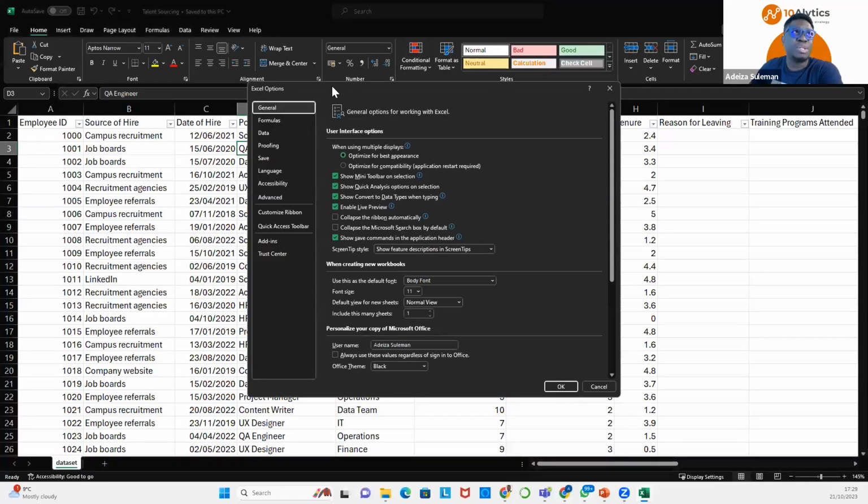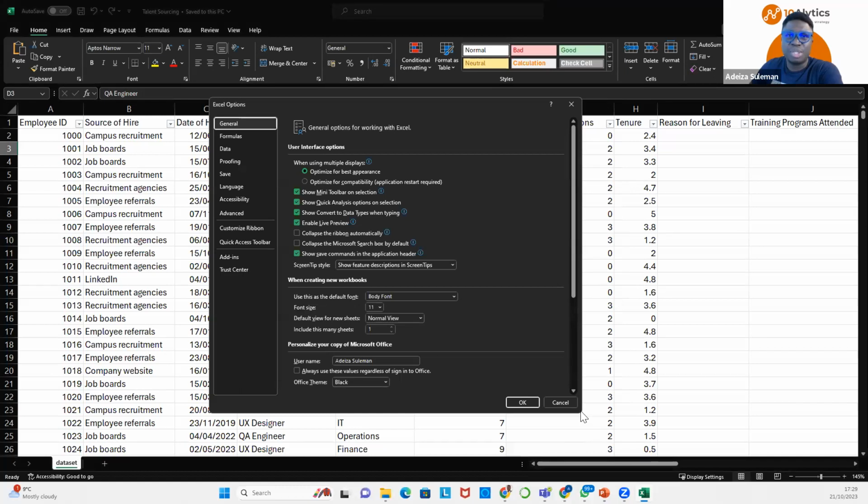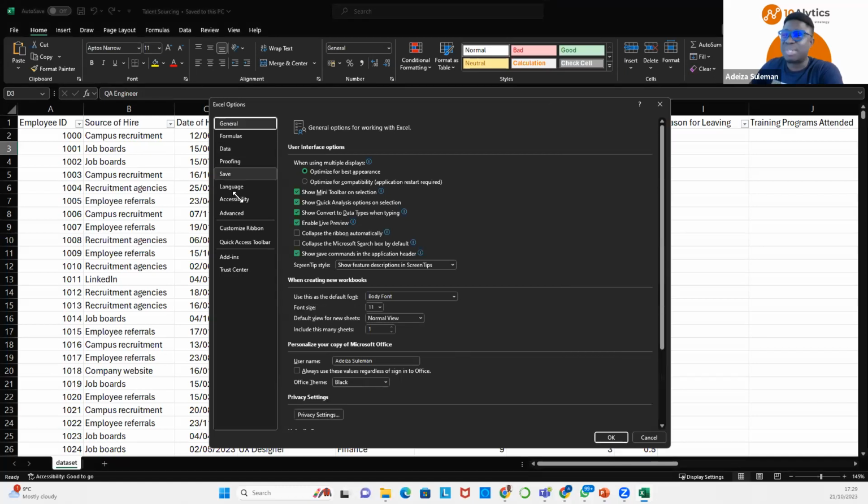Once you click on Options, it gives you an options box where you'll see different options to select. I'm more concerned with the add-ins. You only come here if you don't find Analyze Data at the top right corner of your Excel. So you click on File, Options, and then Add-ins.